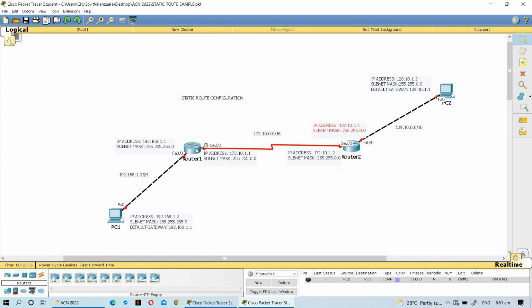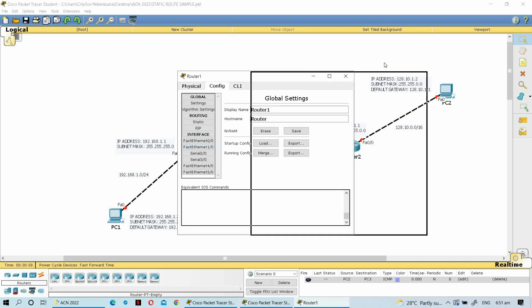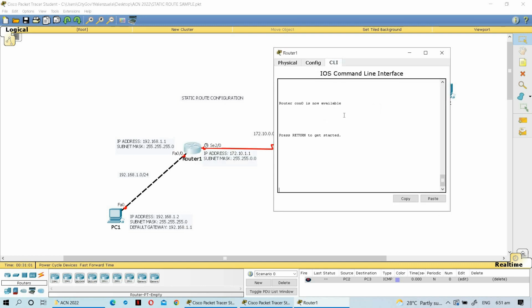Okay, so let's start with router 1 first. So let's configure first the fast Ethernet. Go to the command line interface. Okay, enable. Then configure terminal. Then we're going to configure first the fast Ethernet port. So let's go to interface fast Ethernet 0/0. Okay, IP address